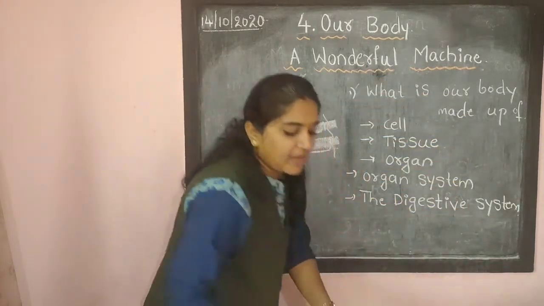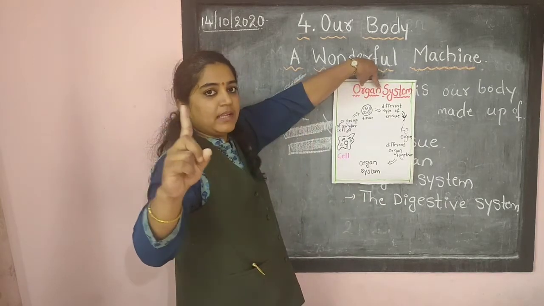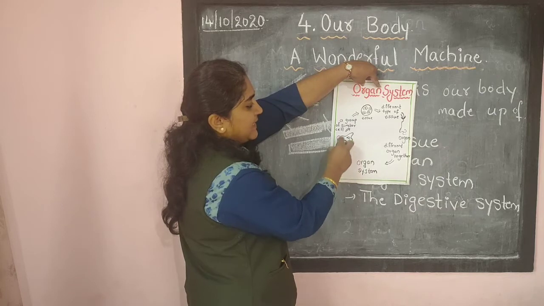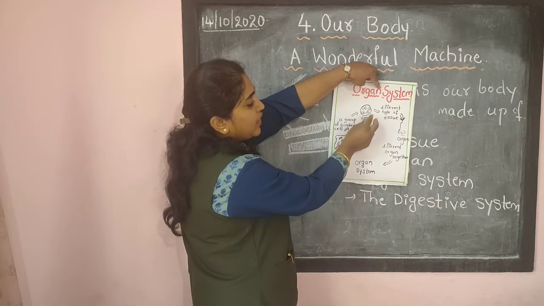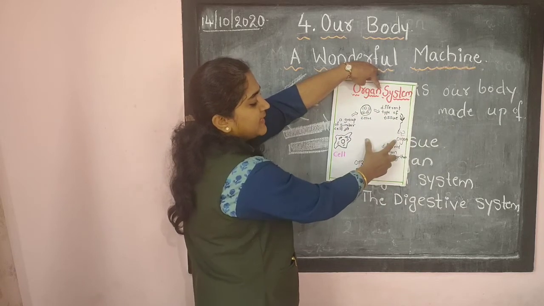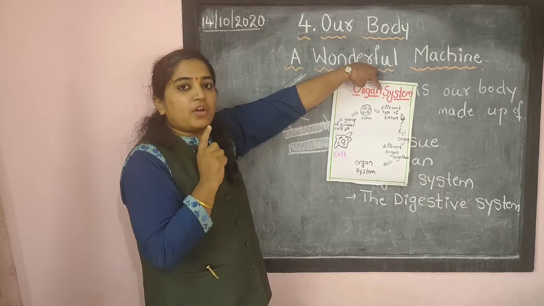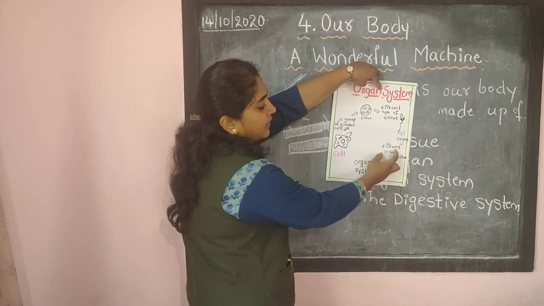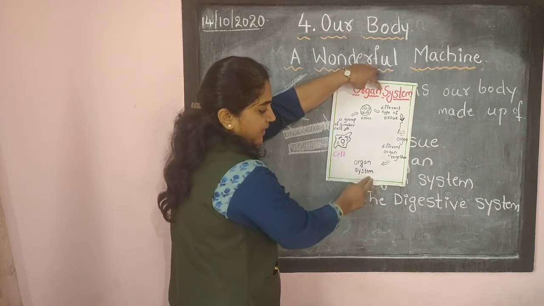See here, I have even shown this. See here, this is one cell. A similar group of cells is called a tissue. Different types of tissues joined together we call an organ, like a nose. This is an organ. Which organ is it? Smelling organ. And different organs together we call an organ system.